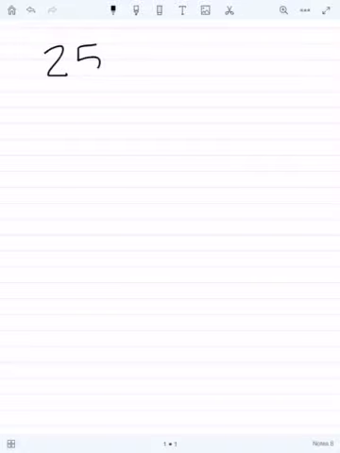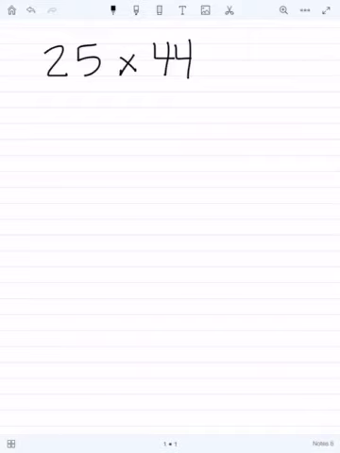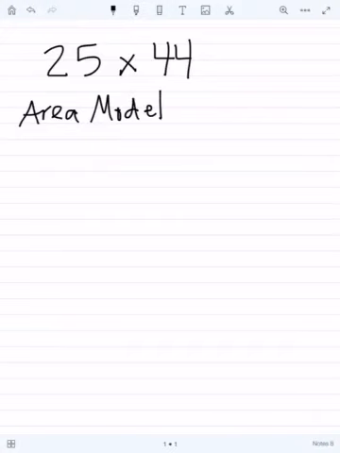Okay, so let's go ahead and take a look at this particular problem, 25 times 44. So go ahead and try this with me. We're going to first use the area model and then see how that relates to the type of partial product